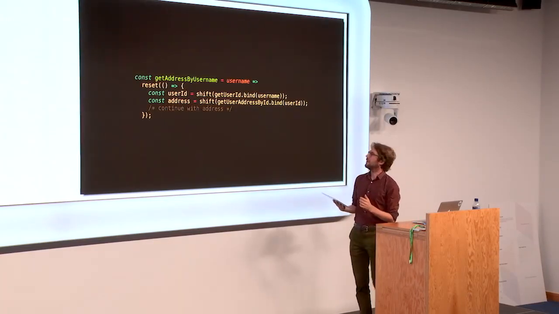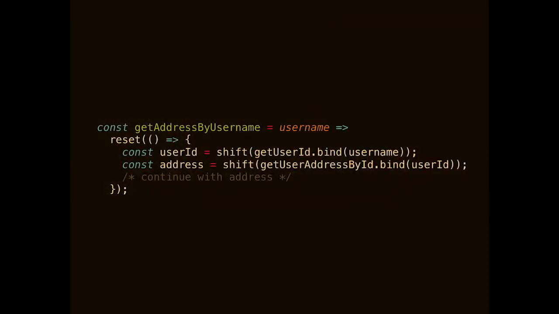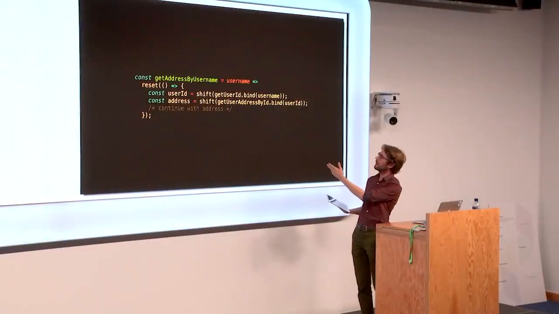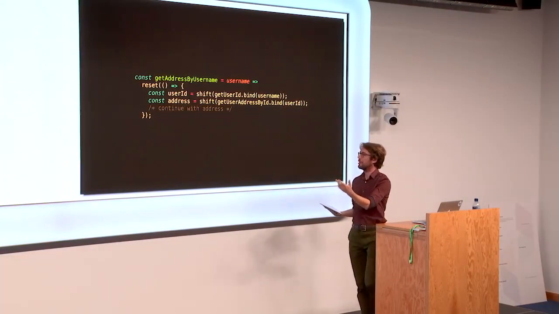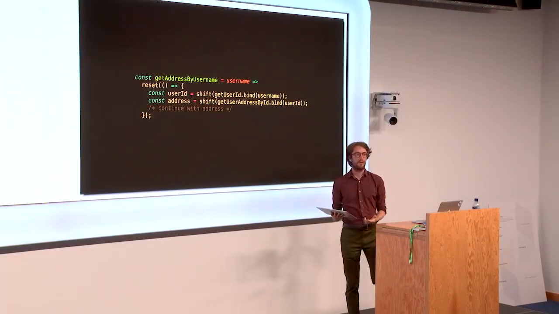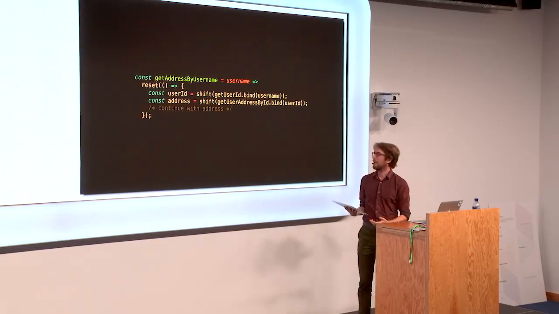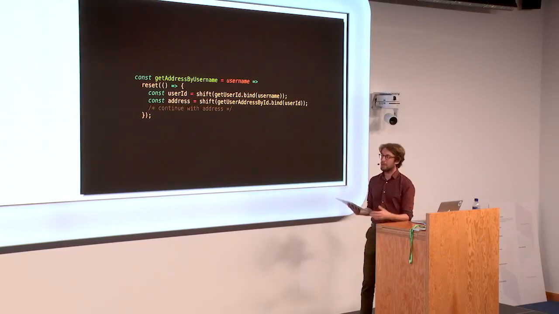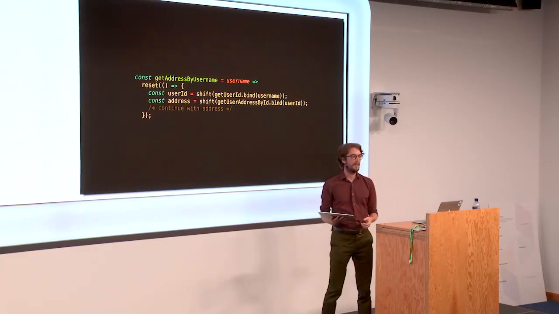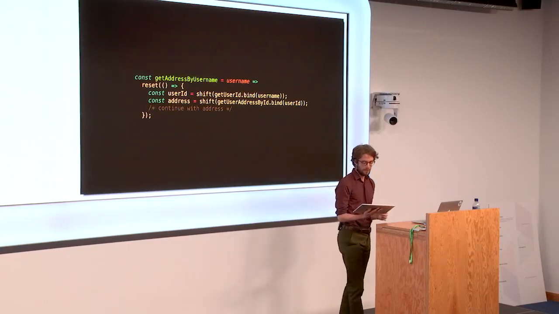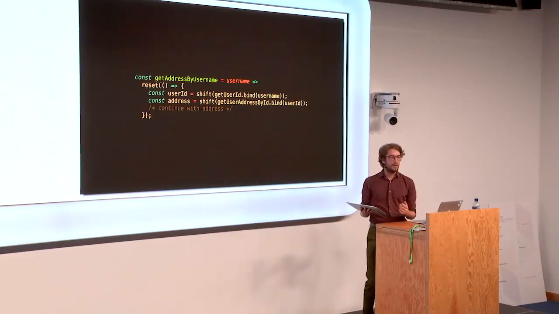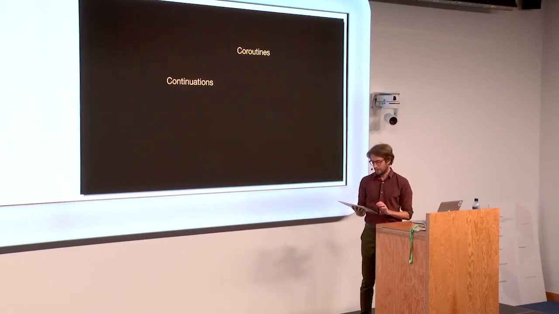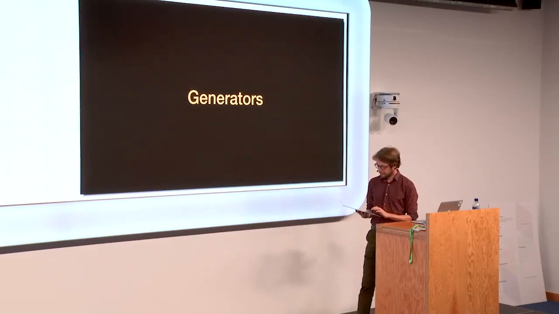So why do we like these? Well, because that continuation returns, we can compose it. And we can do stuff like this. So imagine that we have a function which takes a callback, get user ID. We can just pass that directly to shift. Shift will pass in the continuation as the callback. And whenever that callback gets called, we'll carry on executing this function. And we've done a transformation very similar to what async await and generators allow us to do. And that's not a coincidence because reset and shift are in fact very closely related to generators. So let's have a look at that now.